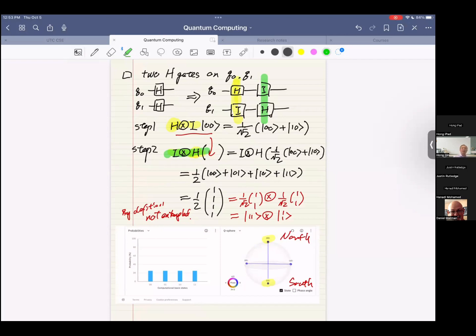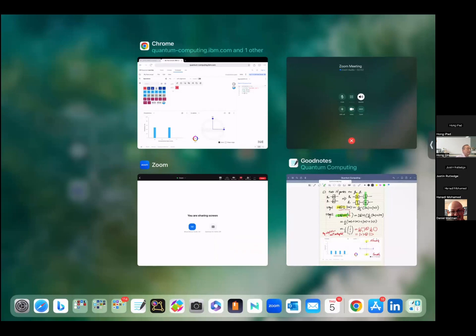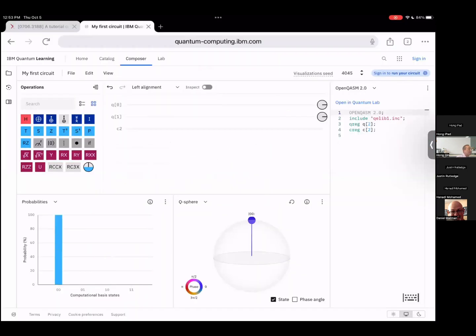So I guess we still have about half an hour. We can do another example, just to help you prepare for the homework. Which example should I do? I'm going to do the CNOT with the Hadamard gate, and that one should also lead to a not entangled state. So let's do this example. So we first apply